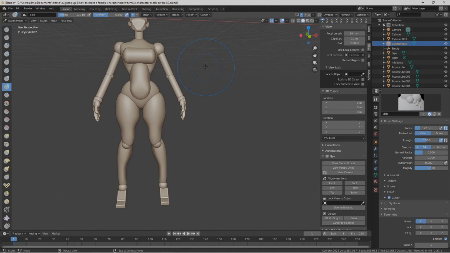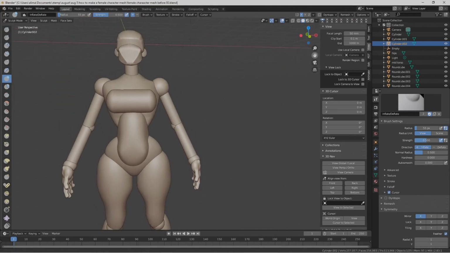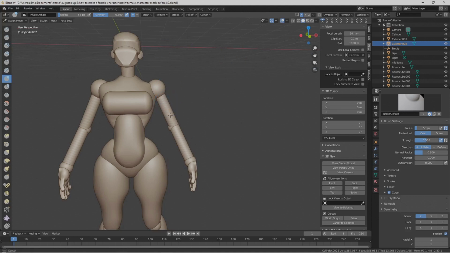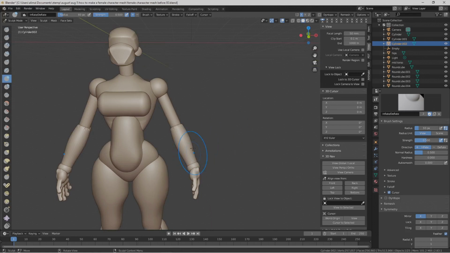Anyway, with that done, I'm going to press F, move my mouse to shrink the brush. I'm going to go to the inflate brush, zoom in here, and adjust the view to better work right here. I'm increasing the bicep mass. Oh, I'm on the lower part of it. So I'm increasing the forearm mass. This is a female character. However, she should have some muscle in her forearms. I think I did that too much on the lower, so I'll press F, shrink, hold Control, which does the opposite of